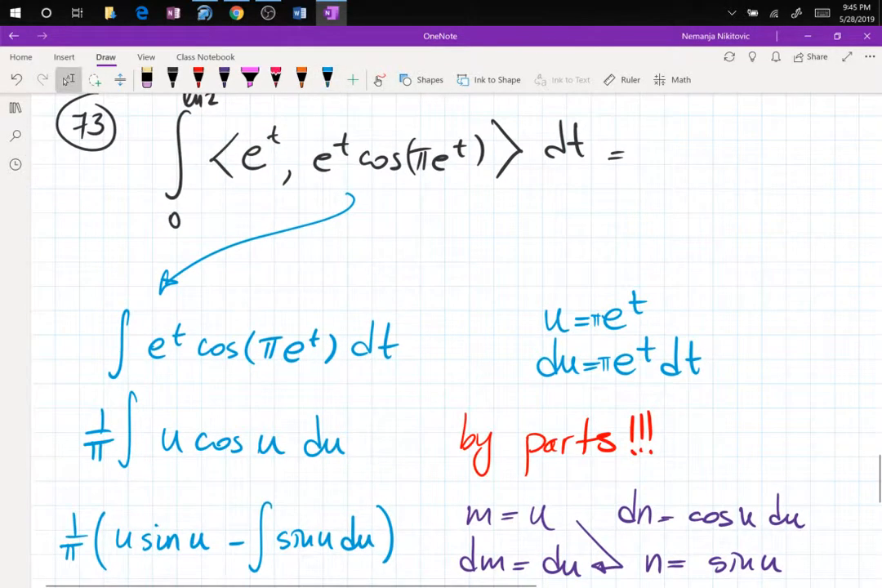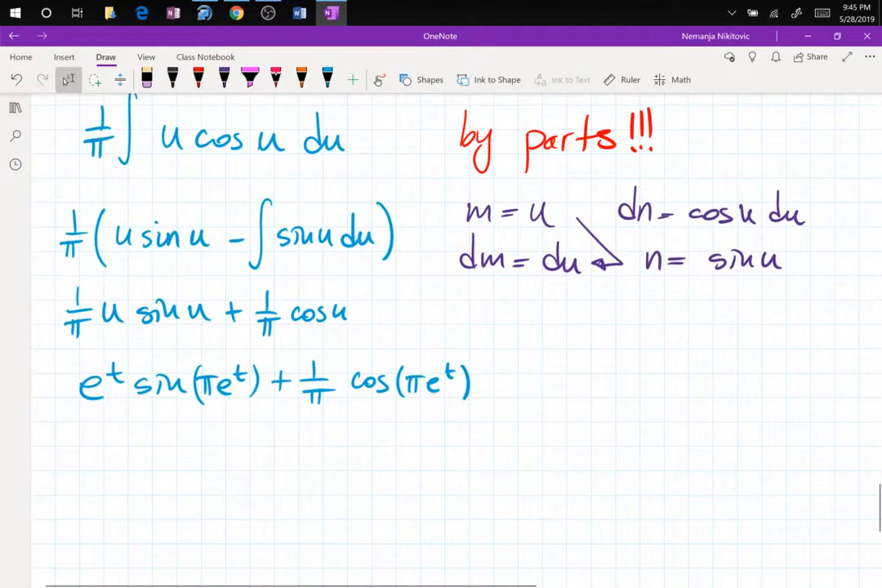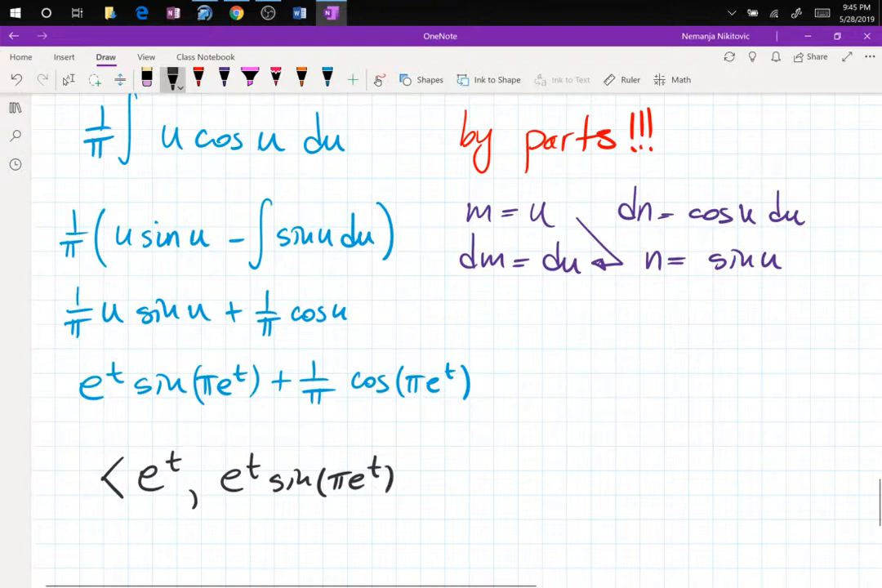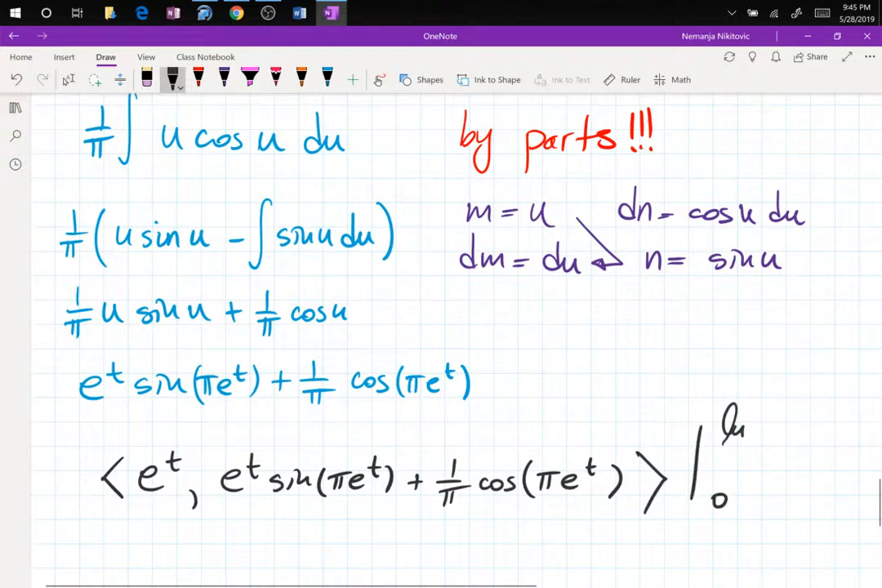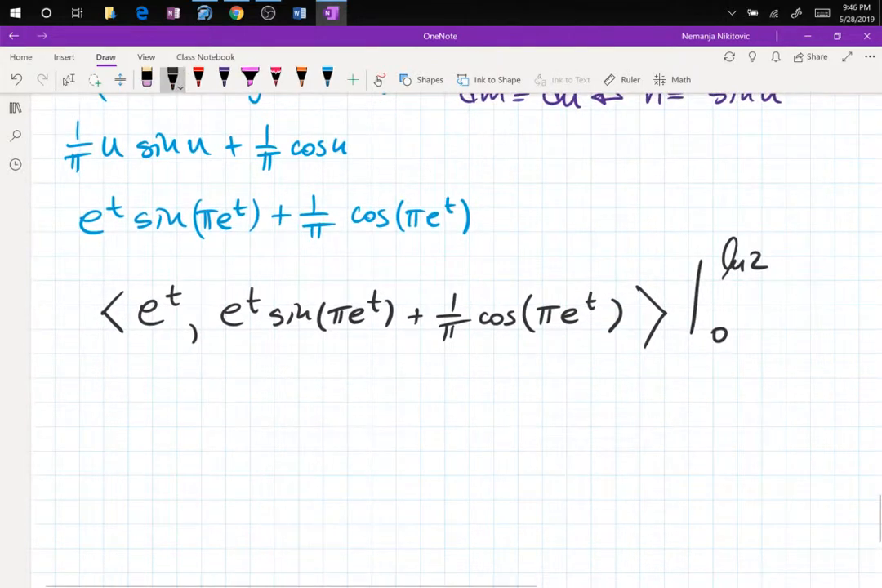So now the problem is integrated, so we are getting vector e to the t, comma, e to the t sine pi e to the t plus 1 over pi cosine pi e to the t, computed from 0 to ln2. When I plug in ln2, I have e to the ln2 minus e to the 0, comma,